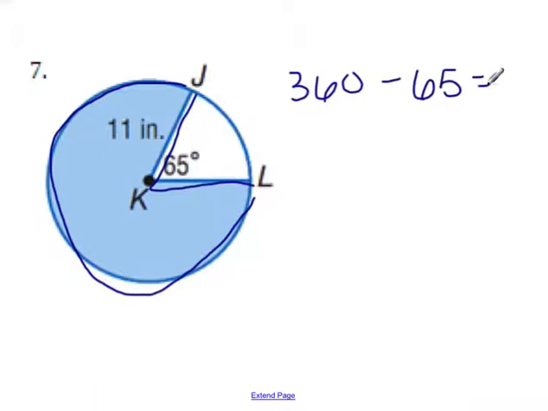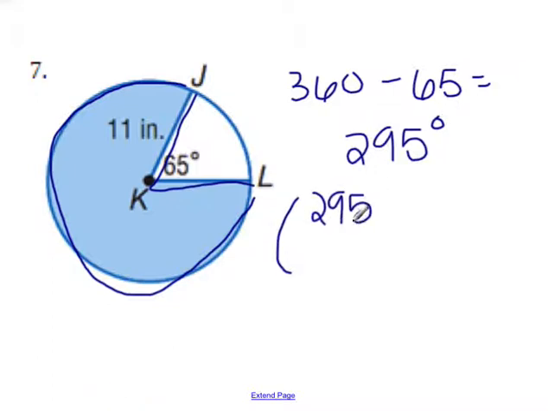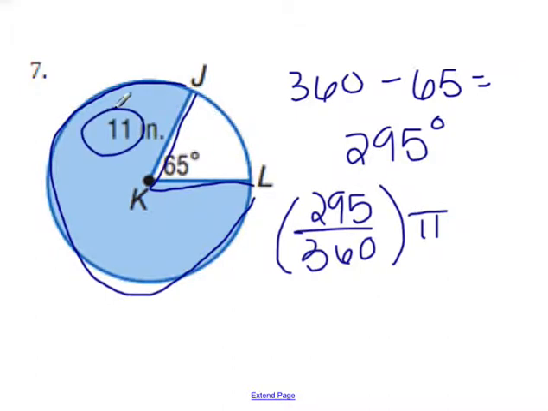So when you do that, you're going to end up getting 295 degrees. Excuse that bouncing thing on the bottom, I apologize, that's annoying. So then we're going to go ahead and put that in. We're going to do 295 divided by 360. Then we're going to do that times pi, and then I notice again that our radius is 11, so that's